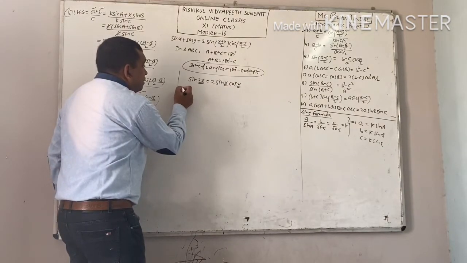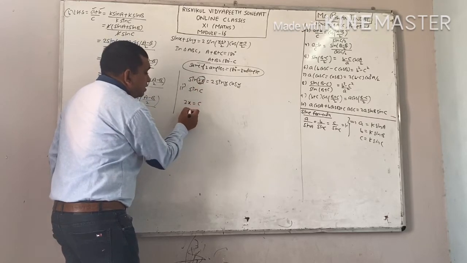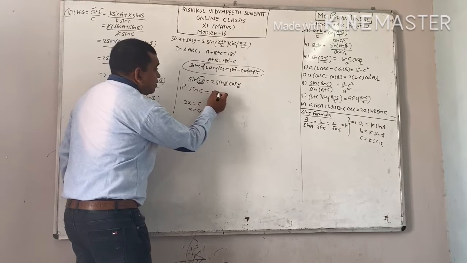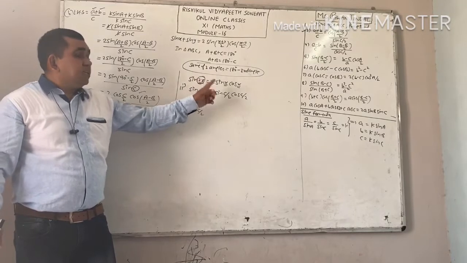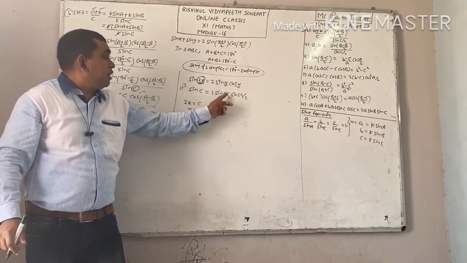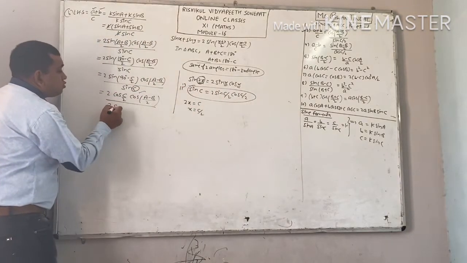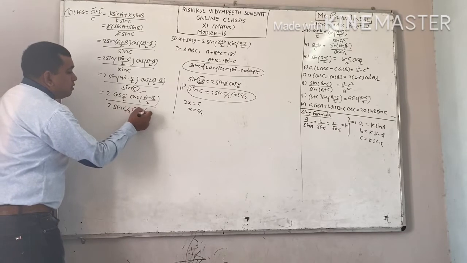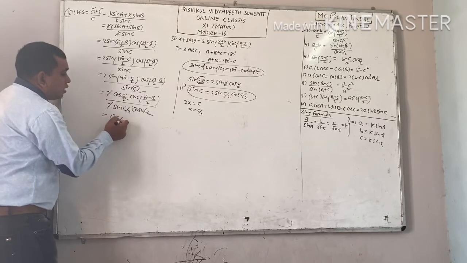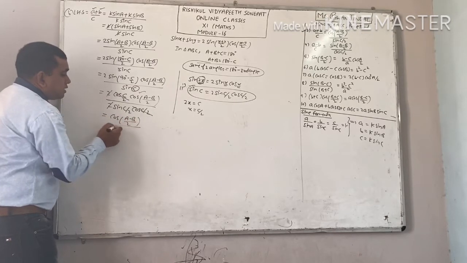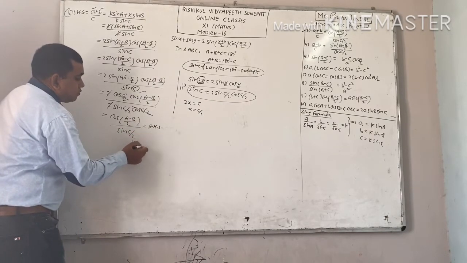Similarly, we can write down the formula of sine c. Now here, compare 2x equal to c, so x equal to c by 2. Put it here. Or you can remember directly also: on the left hand side the angle is c, therefore the angle will become half, c by 2, on the right hand side. We will use this concept. Apply it here. Sine c equal to 2 sine(c by 2) cos(c by 2). This cos(c by 2) cancels out, this 2 is cancelled out, and the remaining is your answer, cos((a minus b) by 2) upon sine(c by 2). This is equal to the right hand side, hence proved.